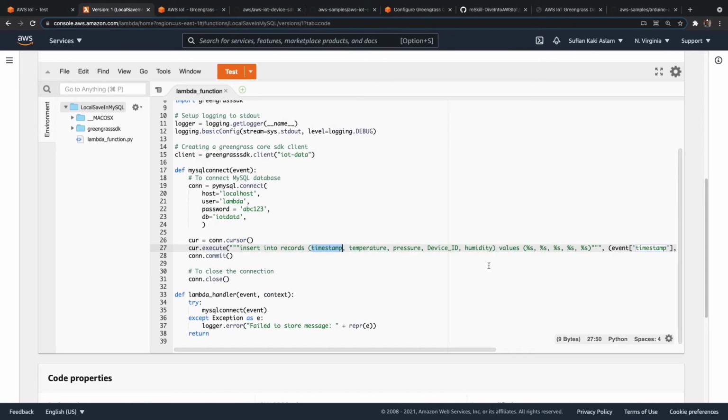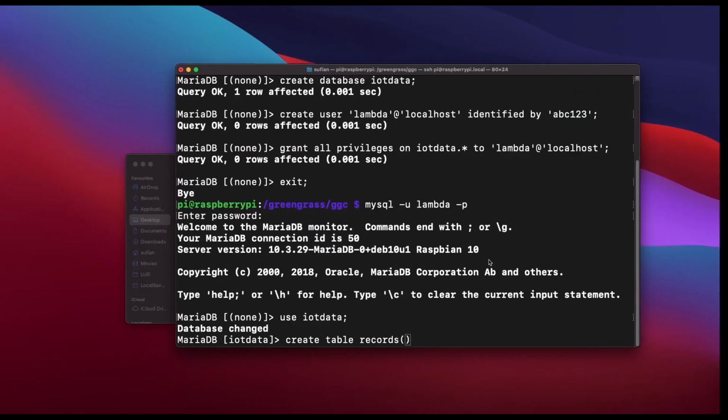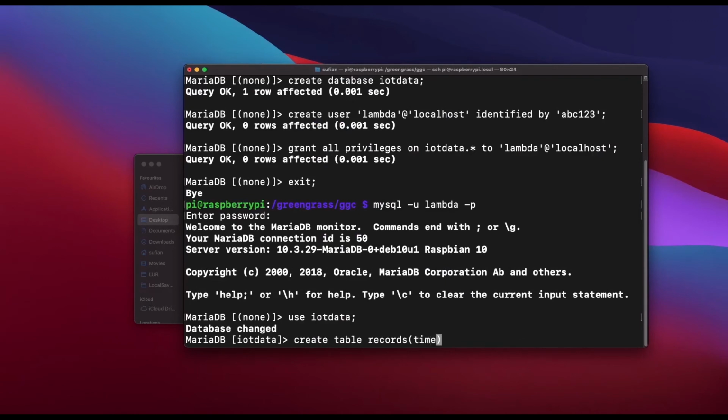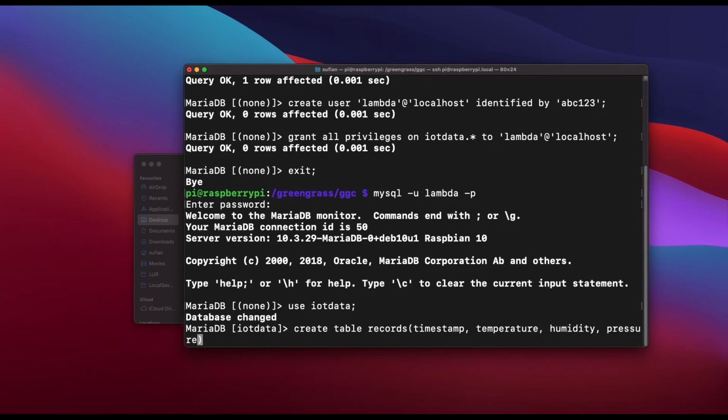So we will have all those things: timestamp, temperature, humidity, pressure, and device ID.